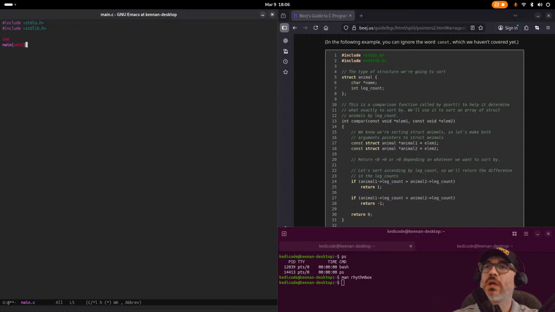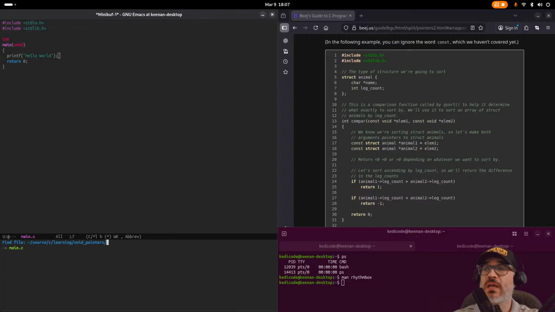Main void return 0, right? And let's just printf hello world. Like that. And then we'll save that, and then we'll also find a